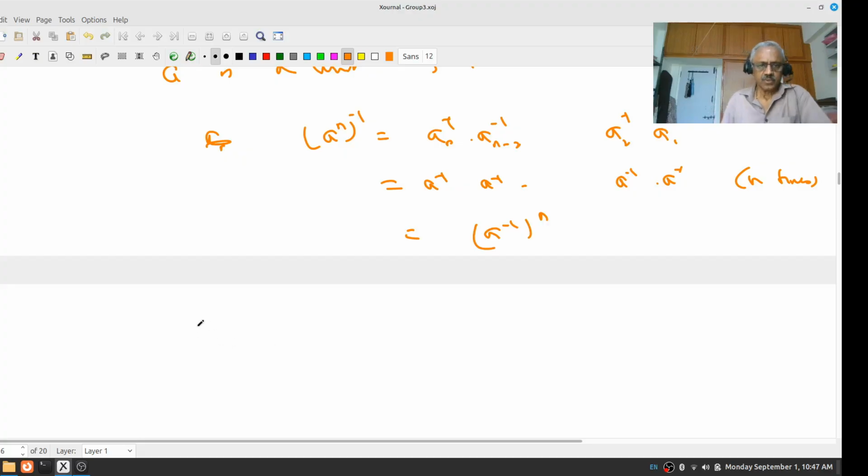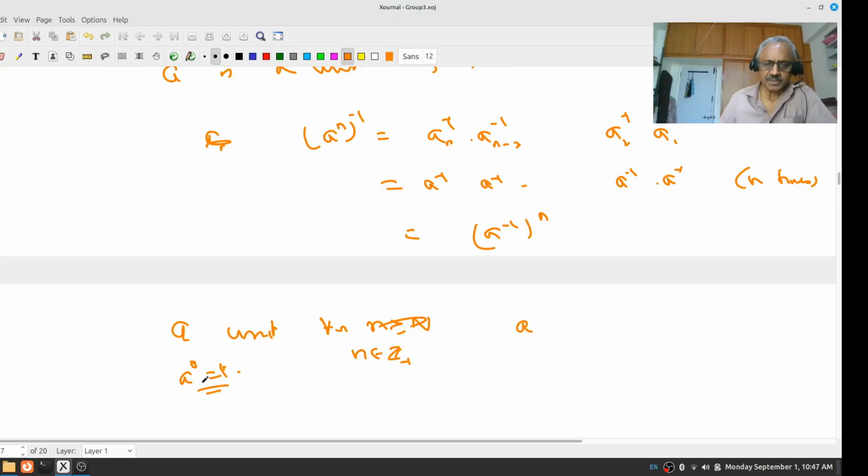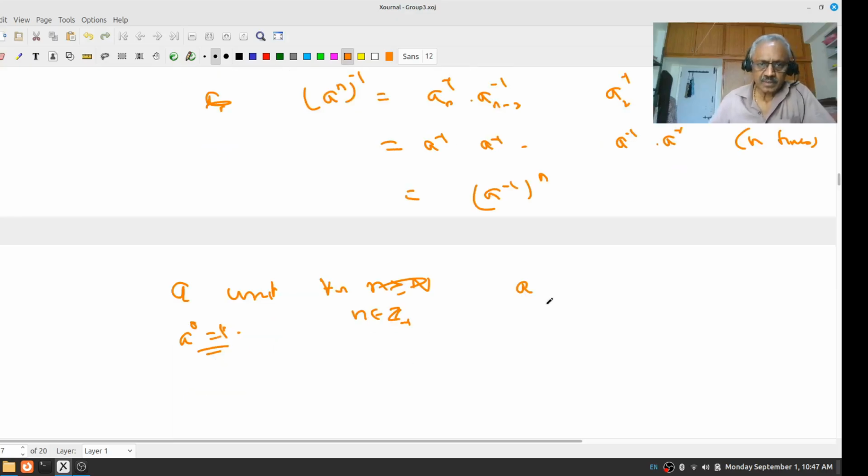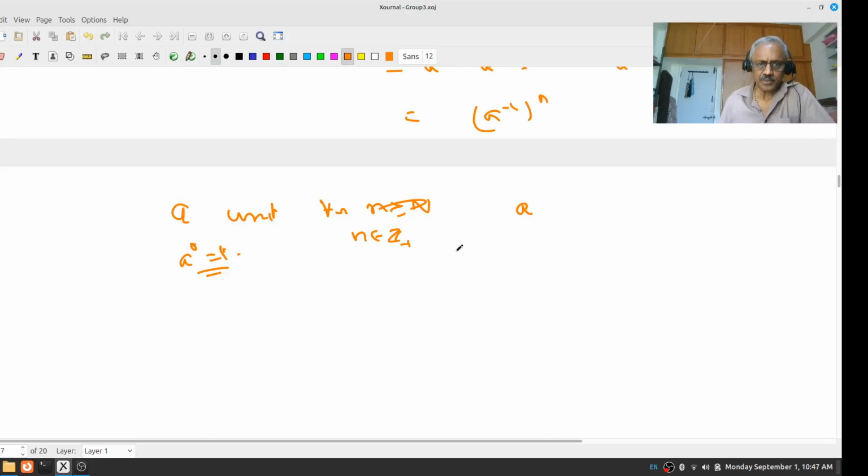Right? So what you have shown is, if A is a unit, then for every natural number n greater than or equal to 1, including Z plus, remember by assumption A to the power 0 is 1, which is a unit. Okay. Did I prove that? Maybe I didn't prove. I will do that in a minute. Then A to the power n is a unit